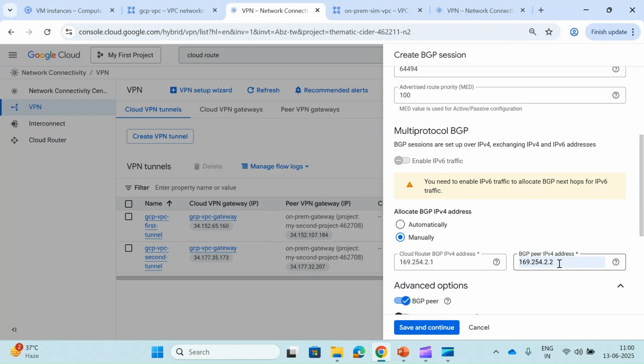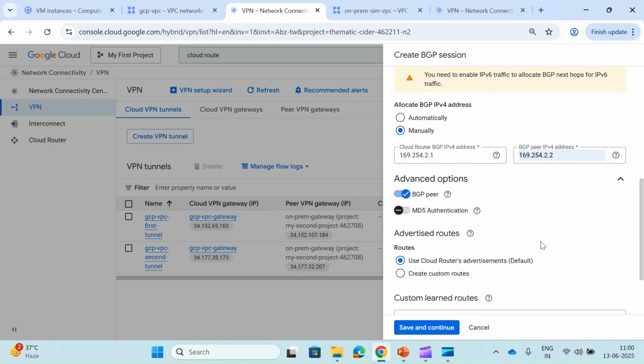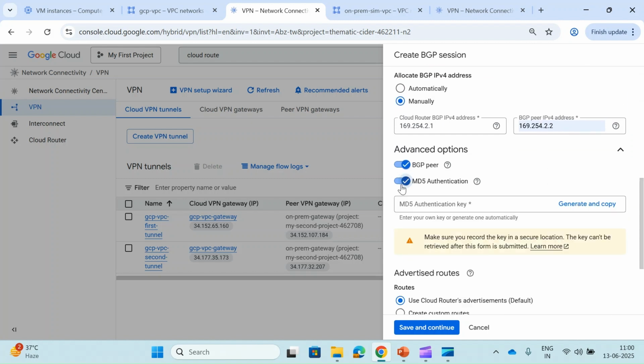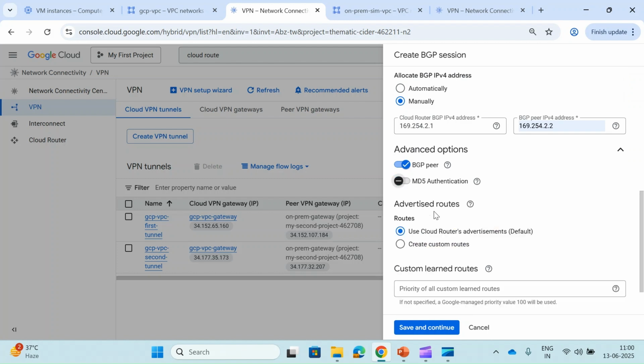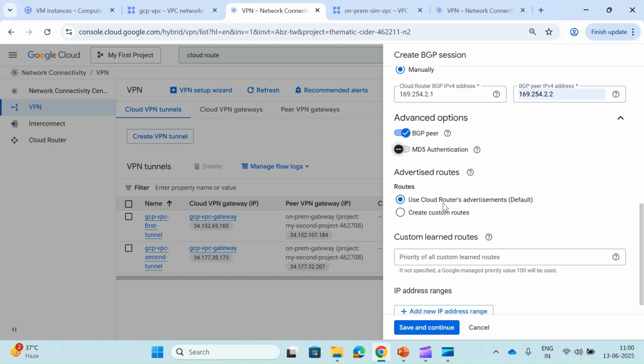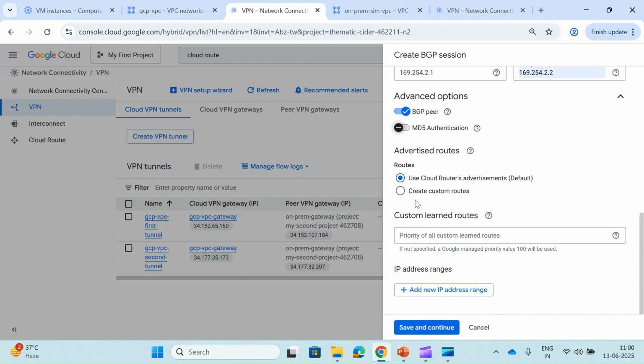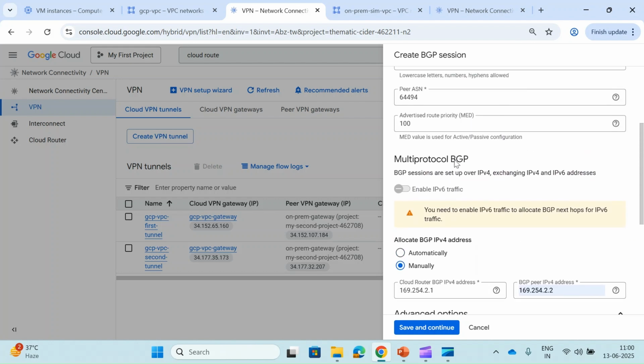Your cloud router will be 2.1 and for the peer it will become 2.2. After that we have authentication also, which I will cover later. And advertise mode: use cloud router advertisements or create custom routes, I will show you later. And priorities we can cover when I cover the topic MED.